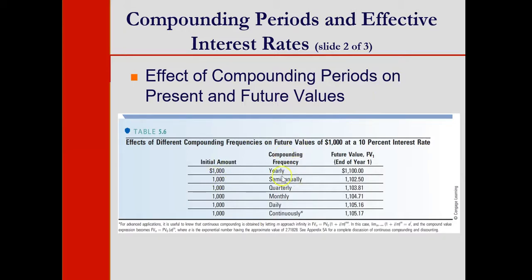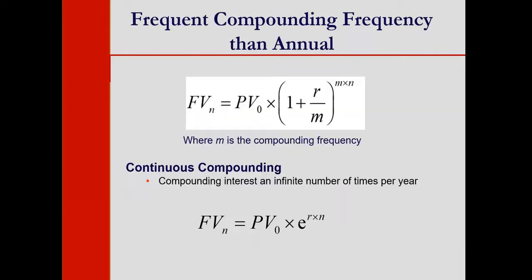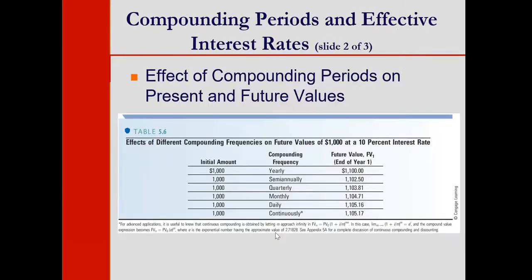If it is yearly, future value is this. If it is semi-annual, future value would be this. You can try these things by solving this problem. 1000 would be your present value, 10 would be your R, m would depend on the frequency: if it is yearly, m is 1, if it is semi-annual, m is 2, if it is quarterly, m is 4, if it is monthly, m would be 12, if it is daily, m would be 365. If it is continuous compounding, you will use this formula right here. By doing that you can get all these values and see the more frequent the compounding is, the higher would be the